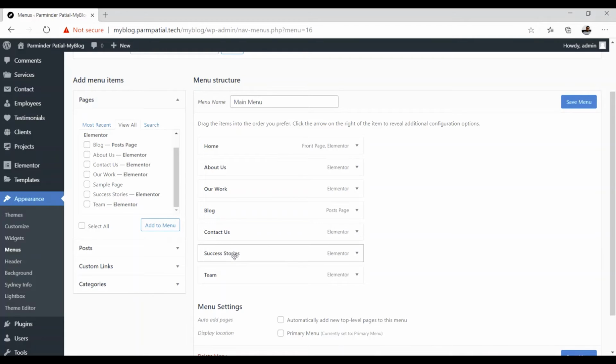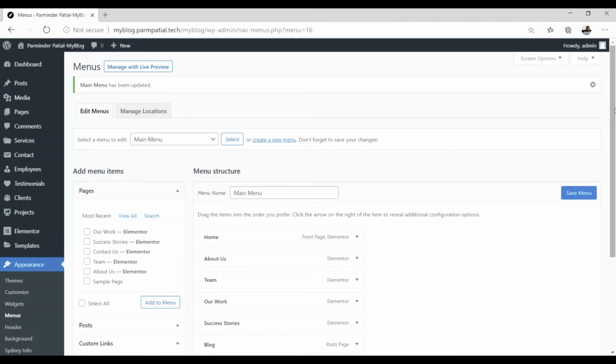Then I want to add success stories, then the team after about us, and in the last I want contact us. Once you are finished with arranging your menu items, click on the save menu button.